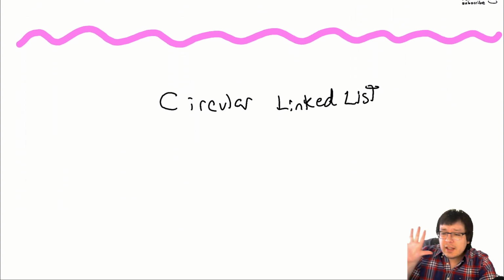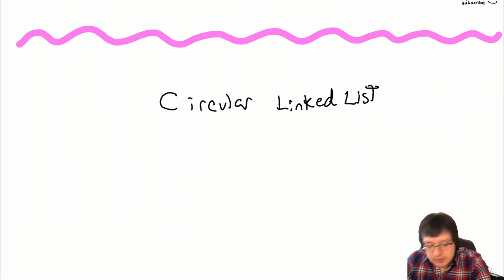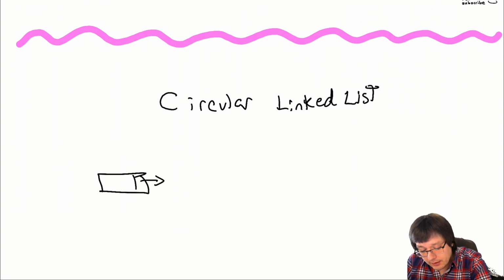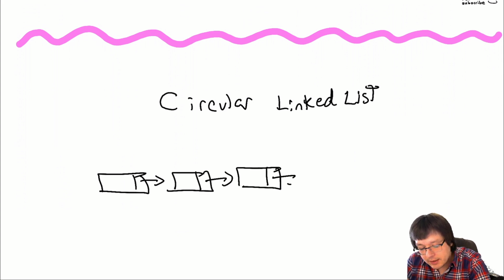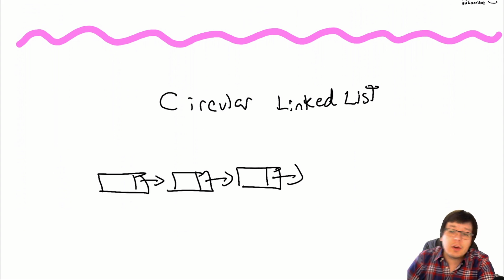But let's talk about what it means to have a circular linked list. It's not really much to it. So, a refresher, I suppose, although you guys got this down because it was in the test. A linked list is made up of two components, the data component and then the link component, and then it links to the next node of the linked list.